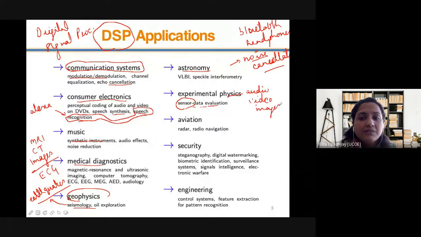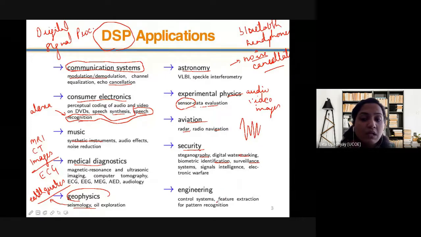So these are different sensory data, right? Next is aviation, when we have radar navigation and radio navigation. So these are basically frequencies that we touch upon, right? Next is security, your cyber security, your network security, wherein we have steganography, watermarking, biometric identification, surveillance systems, and so on